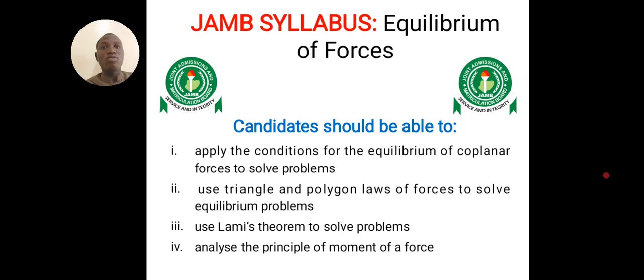According to the JAMB syllabus, these are the four objectives you are expected to know under equilibrium of forces. So we are going to convert this into questions, and that's all for you. Once you can master these questions, you are good to go for the JAMB. This is what we call reverse engineering. I've always been shouting that you can predict accurately 99% of what JAMB asks you if you can lay your hands on the syllabus, but many people are just not serious. So these are four